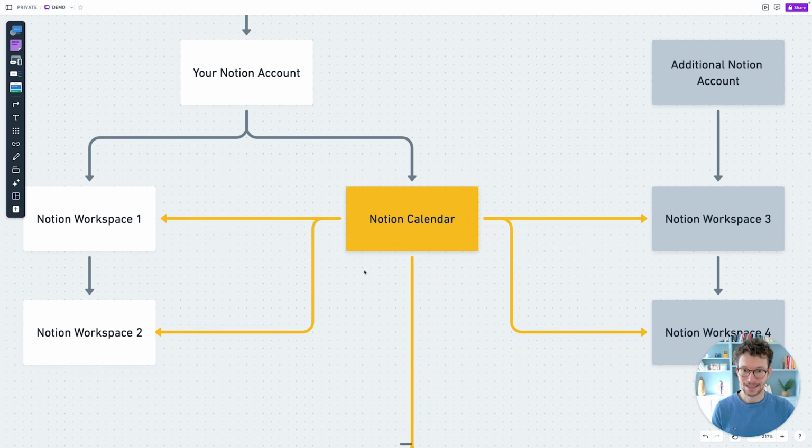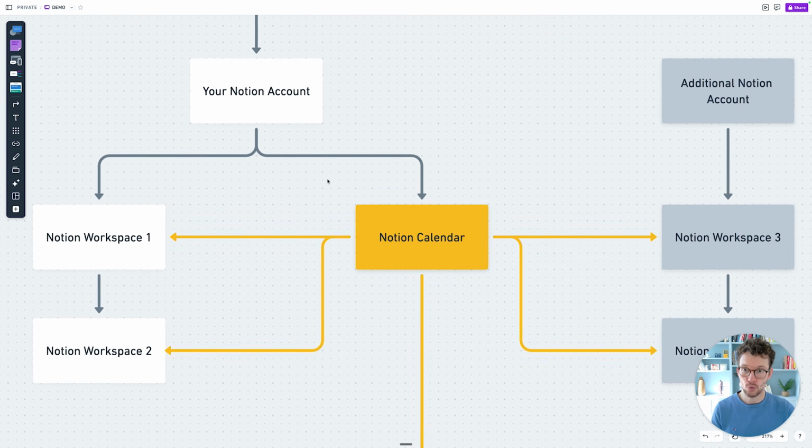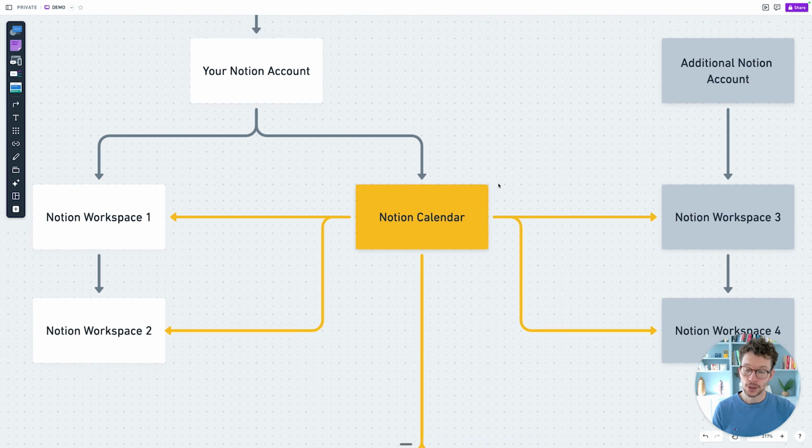And the way it works is that your Notion Calendar will be tied to one main Notion account. We'll go through the sign-up process in a moment. But my recommendation is that you sign up for Notion Calendar with your personal email and your personal Notion account, because that will be the one that you will always use to access Calendar. So even if you switch companies later, and your company Notion account gets changed, you're sure to keep everything here. And no matter what Notion account you use to set up Calendar in the beginning, you are able to